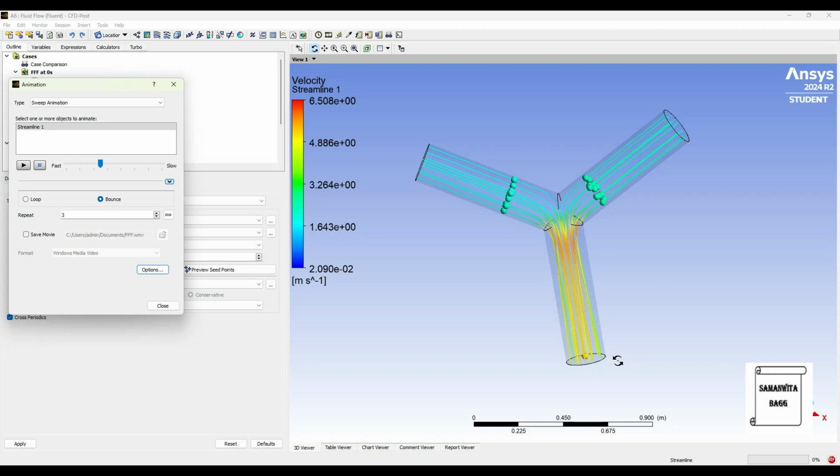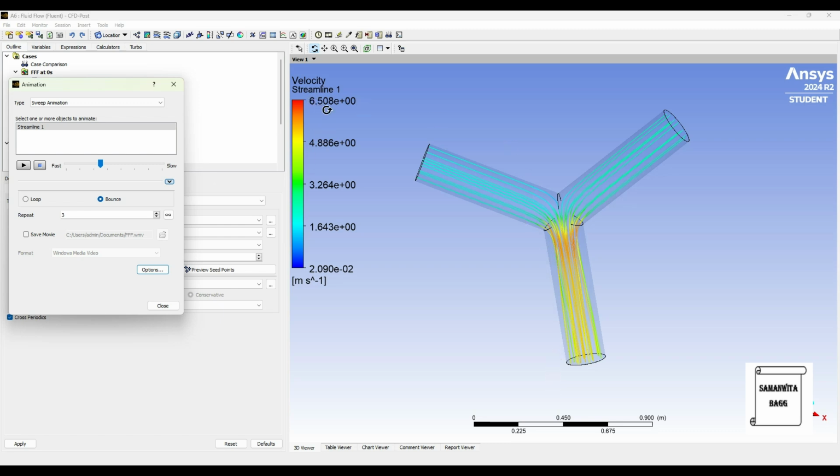Now what's the difference between the analysis that we have done before and now is, previously the water was entering from this end and moving out by branching into the two pipes. In this analysis, water is entering from these two branches and it is leaving from here. So this is just a reverse way of seeing the same analysis, but yes, the results are going to be different because the problem itself is different. Either the water will enter and branch into two pipes or the water will enter from the two branches and leave from the other end.